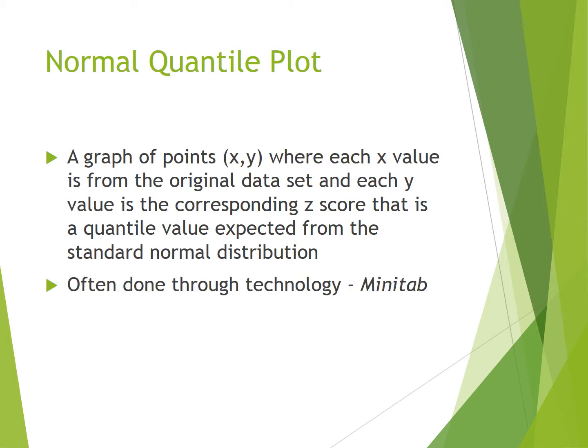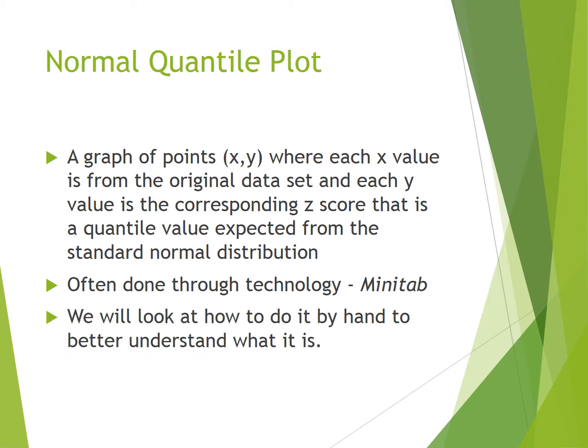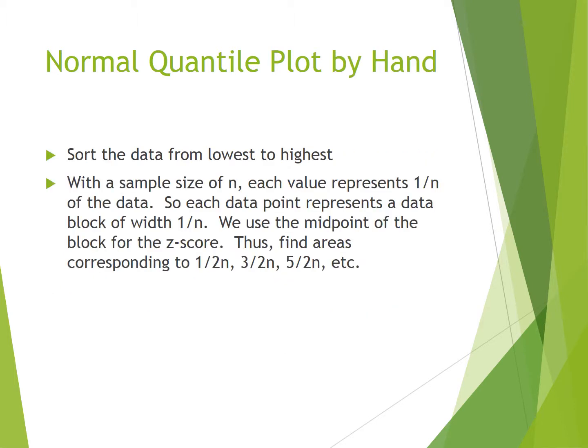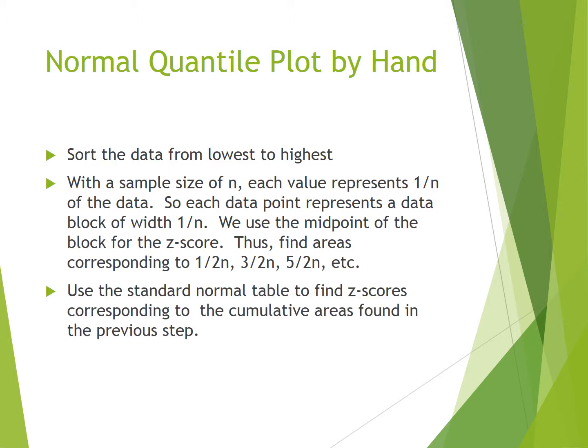So let's see. We're going to look to see how to do it by hand to better understand what it is, but we're going to go very quickly because there's not one of you who is going to want to do it by hand. All right, so you sort the data from lowest to highest, then you calculate each of these values, 1 over 2n, 3 over 2n, 5 over 2n, and so forth. Then you use the standard normal table to find these z-scores,